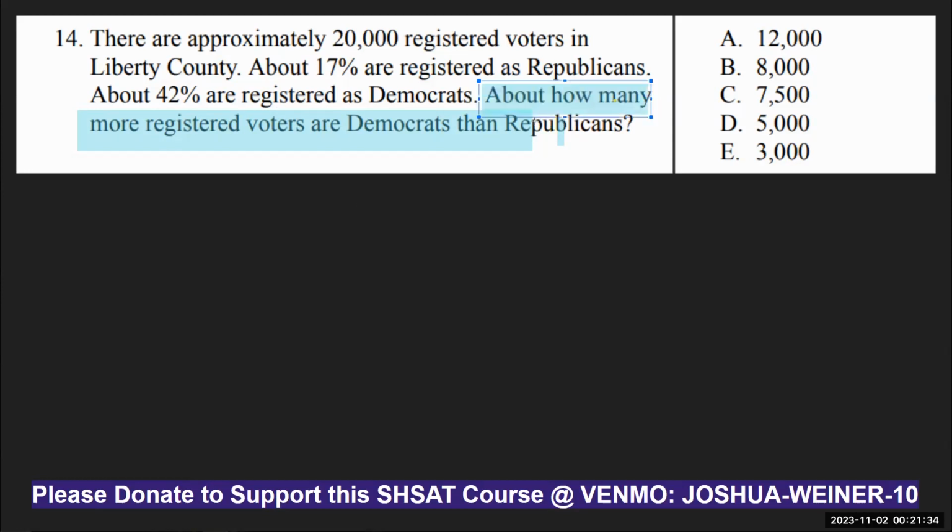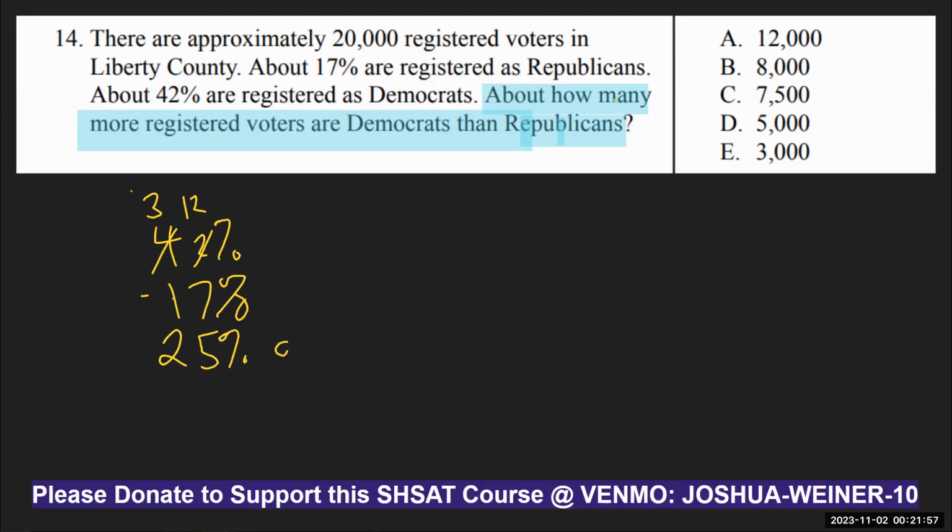How many more are Democrats than Republicans? We can subtract the percentages first, and then we will save our work time. Let me explain. Take 42% and then subtract 17%. We'll have to cross off the 4, put a 3 there, and then now this is 12. 12 minus 7 is 5. 3 minus 1 is 2. 25% of